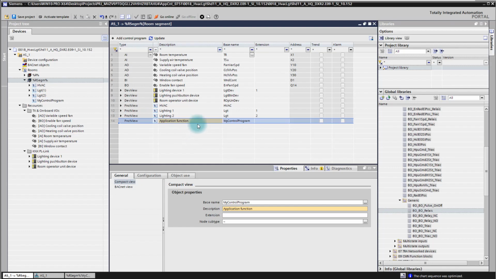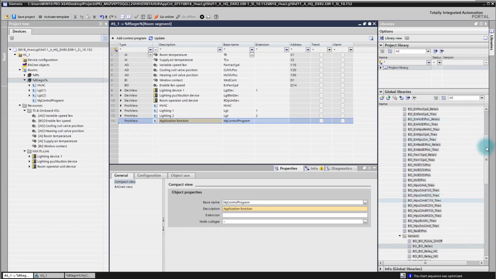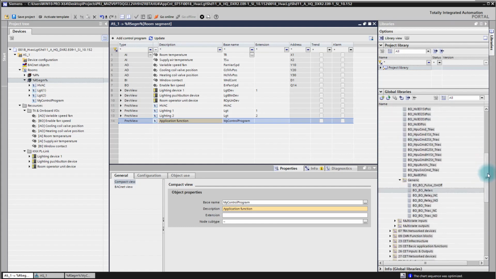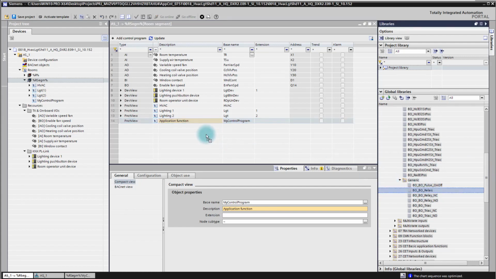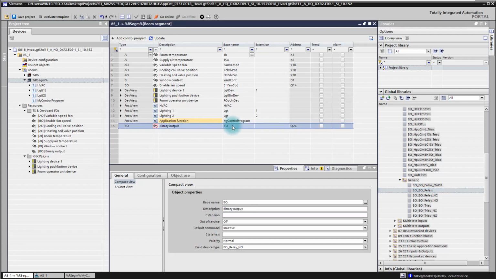The room temperature is already there, which I want to use for evaluation, but what is still missing is the output. So I need to add first my output, and in the library I have here inputs and outputs, pre-configured ones, which you can reuse either already properly with the names and description, or you can also use a generic one like I will do now here in the example. By drag and dropping the input into my application function here in the room segment, I'm getting here the standard names and the standard description, and